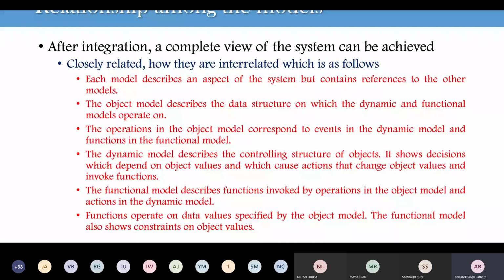So when we are going for the functional model, we have different functions available, and we describe all sorts of data in our class diagram. This function usually operates on the data that is defined in the class model. So we can say that all of these models are closely related, and we'll go for some iterative or incremental approaches for implementing these object modeling techniques for our object oriented analysis and design.